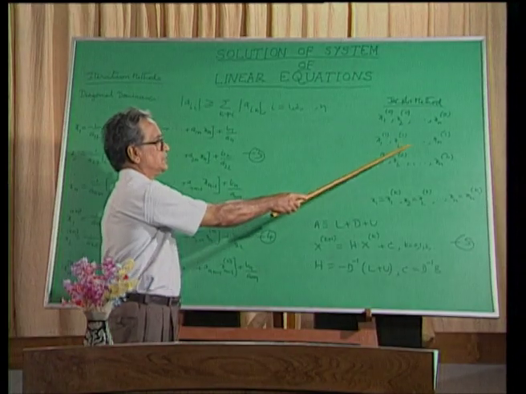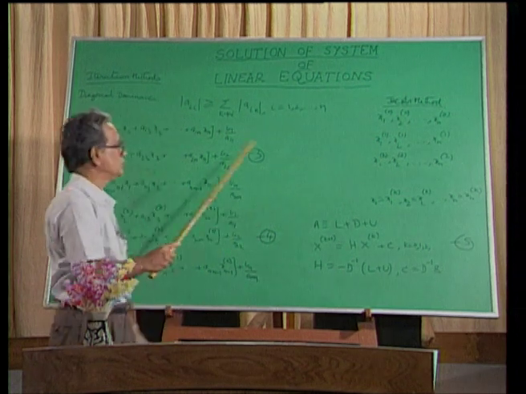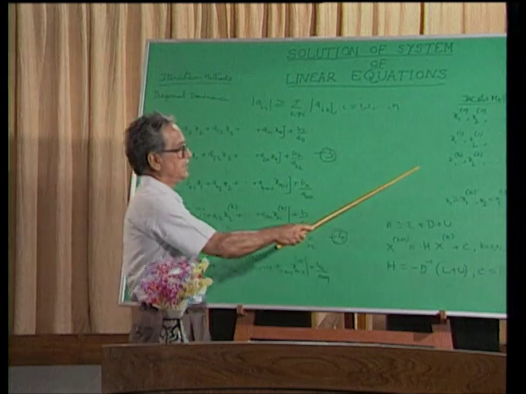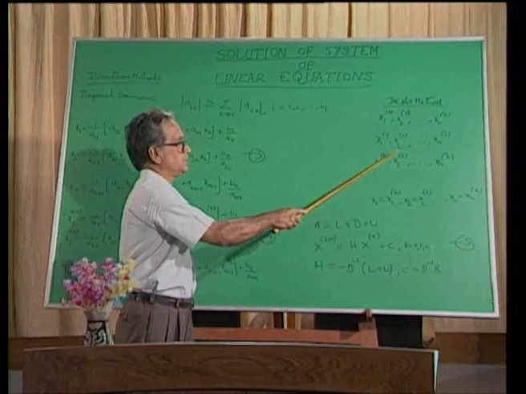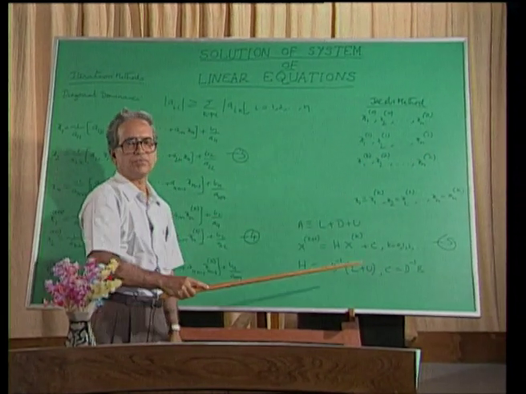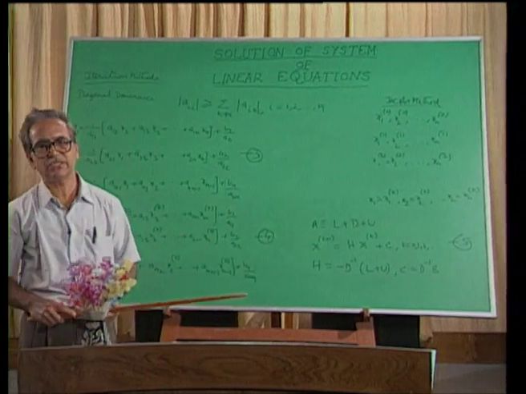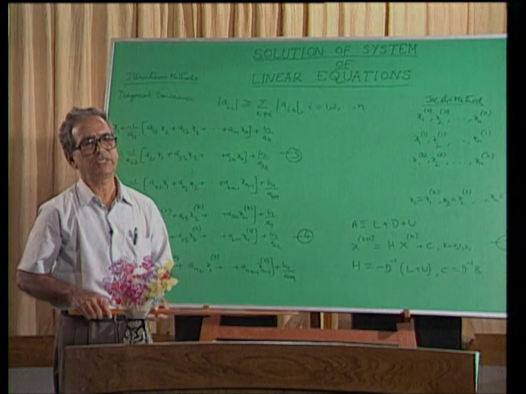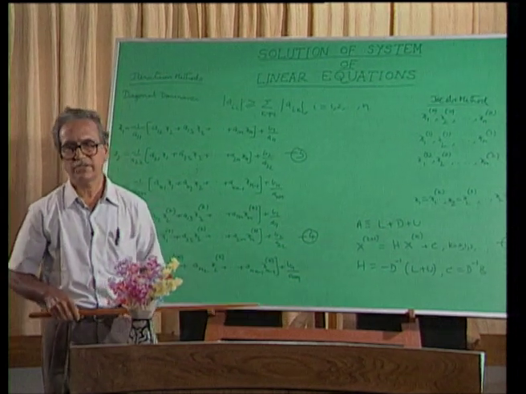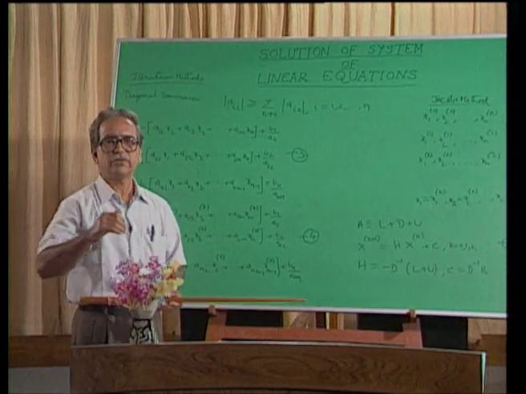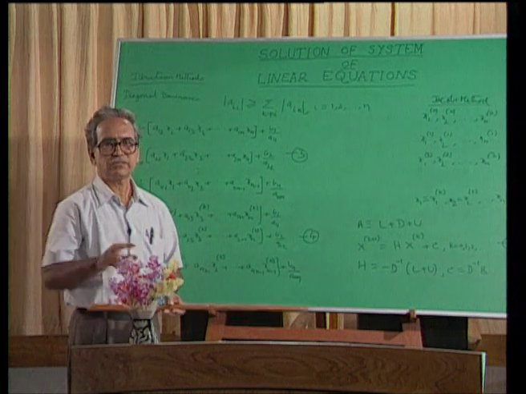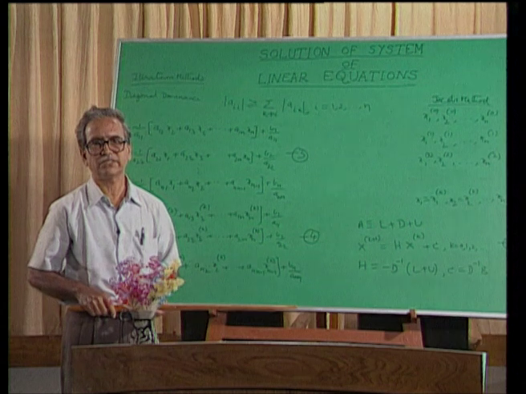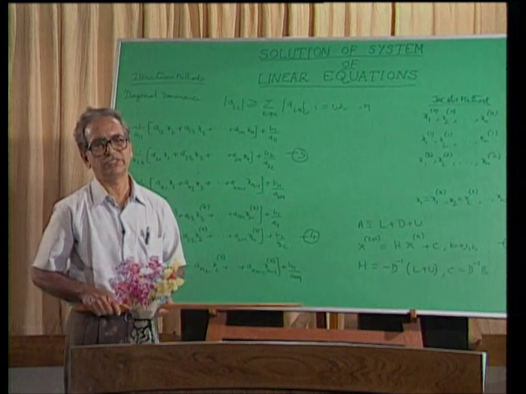Next, we substitute these first iteration values in the right hand sides of equation 3 and thereby obtain the second iteration values x12, x22, etc., xn2. We carry on this procedure until two successive iteration values coincide up to the required number of decimal places. Now, when such a coincidence of successive iterations takes place, we say the sequence of iterations has convergency.